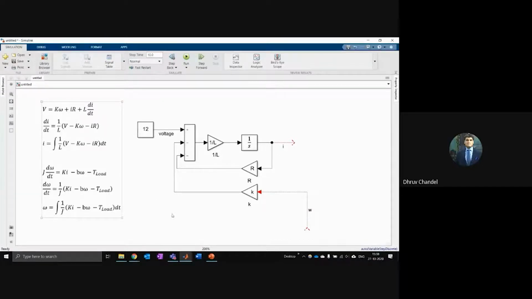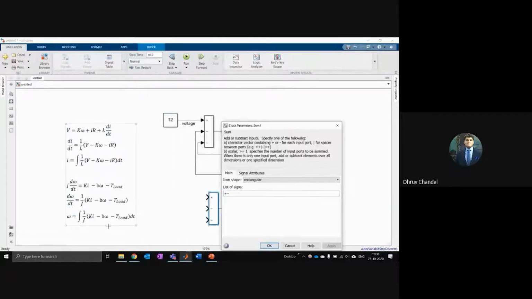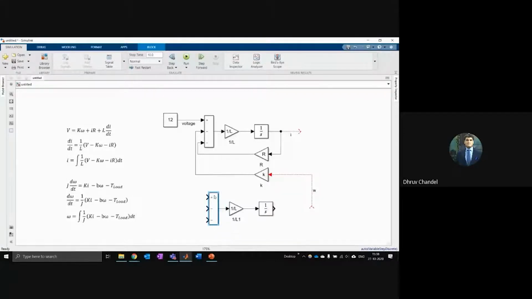Now for my omega block, I need to calculate this term omega now. This is the angular velocity. This is how fast my motor is turning. Again, I need to do something similar. I need to have a 1 over J term, and I need to subtract three values, and I need to integrate this. So what I'm going to do is take all these things, copy the entire thing below, and I can change the sign. So in this case, oh, they're plus, minus, minus again. So even the signs are the same. And whatever is coming out of my integrator the second time is going to be the value of my omega.